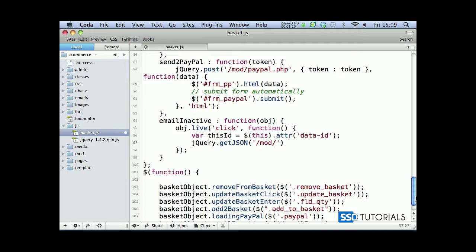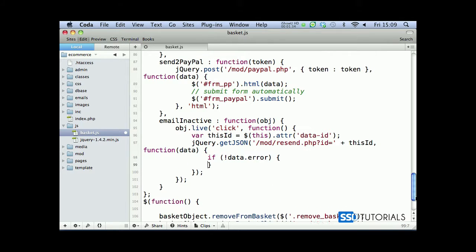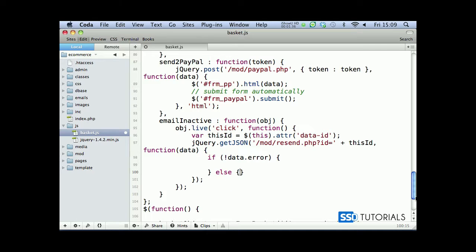resend.php file which we've created in the previous video, then id equals, and then plus thisID. And then we have function on callback, data as parameter returned from this call, then if exclamation data.error means it's successful because it's false, error equals false, else it's going to be location.href equals, then resend